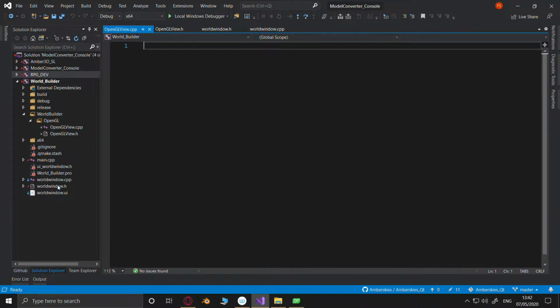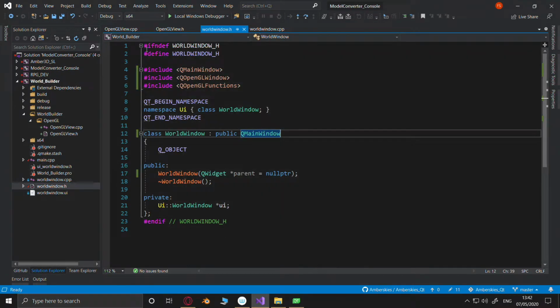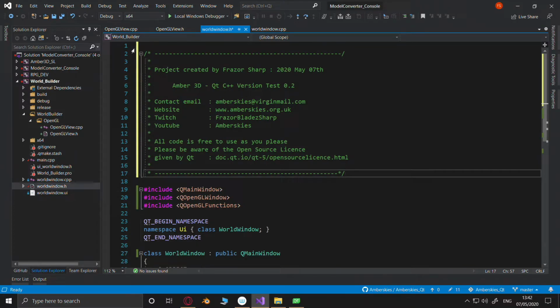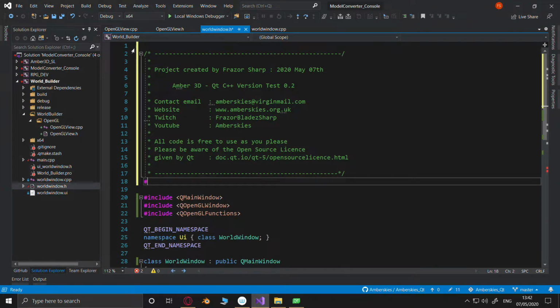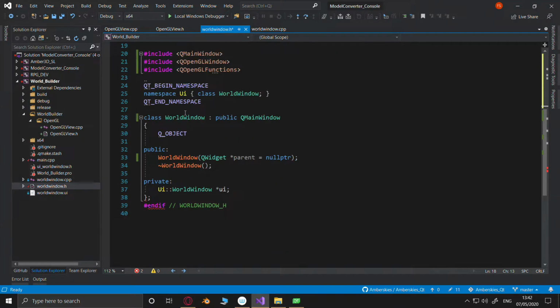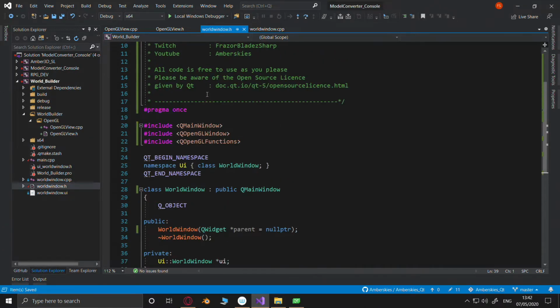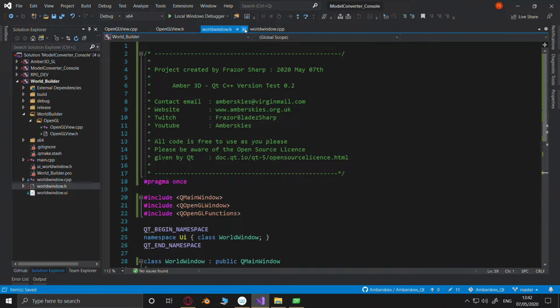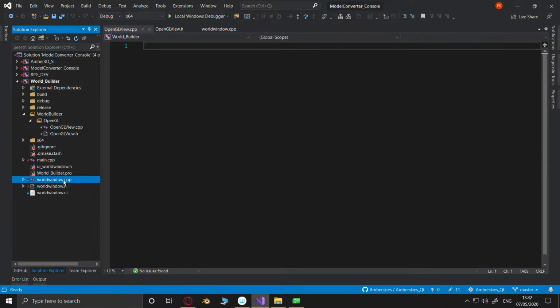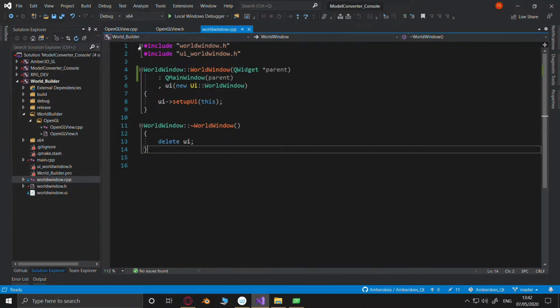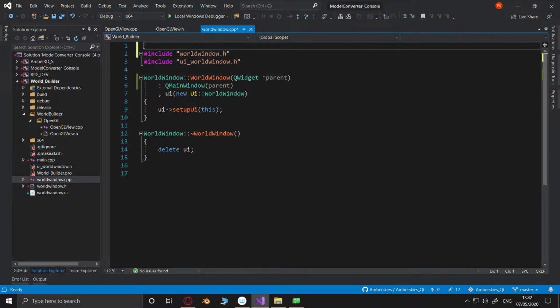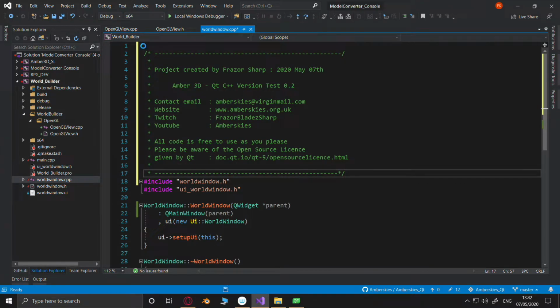Let's start with window.h. #ifndef... oh dear, let's get rid of that. And let's #pragma once. Oh, the old days, they were always funny. So that's window.h done. Window.cpp. Done. Save. Done.